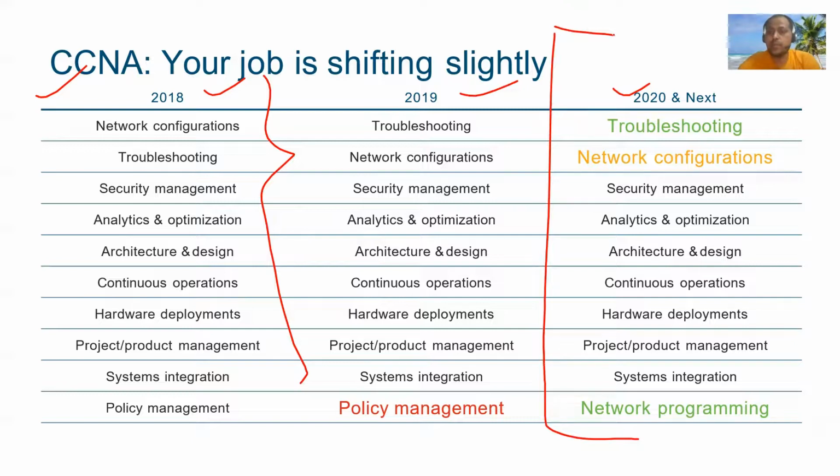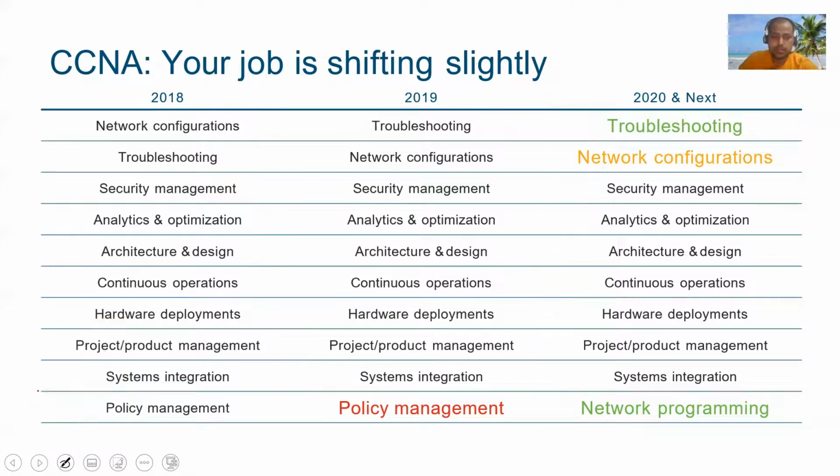They should be good in troubleshooting, network configuration, network programming. Now, these are the new areas that have been added. Programming. Network configuration is something that they are already doing, but the exposure and weightage are getting more and more. So you do the network configuration with respect to programming. You write a Python program or a script, and with the program you do the configuration. Or from the management platforms or the orchestration platforms, you can do the programming. That's the expectation, correct? So that is one of the key aspects that is changing.